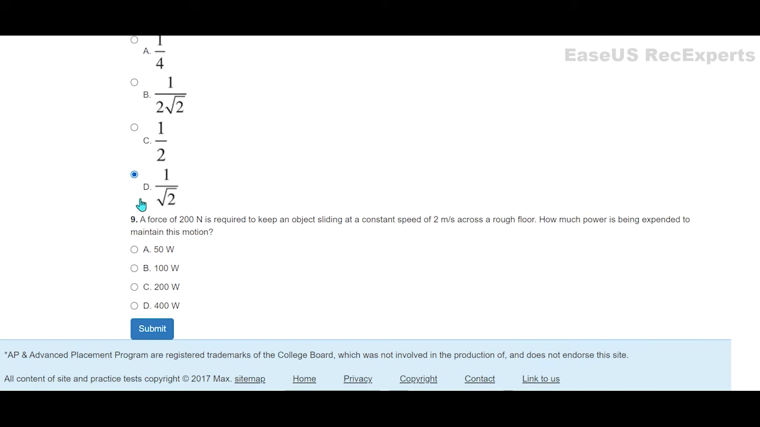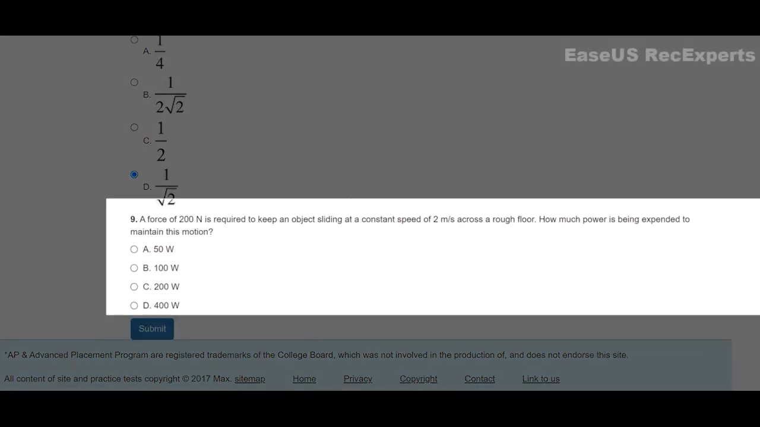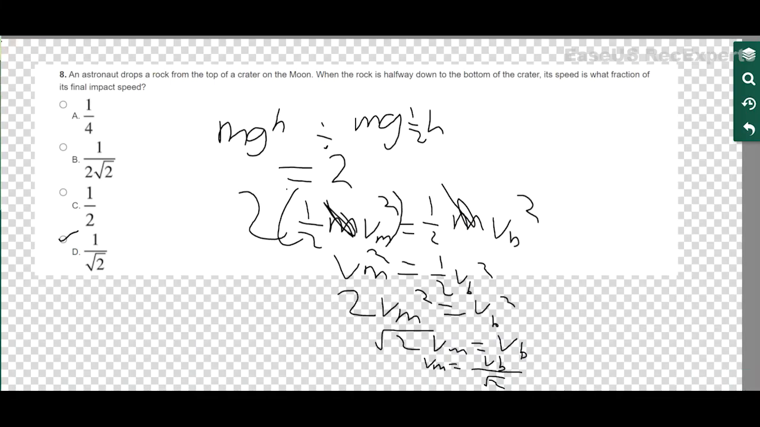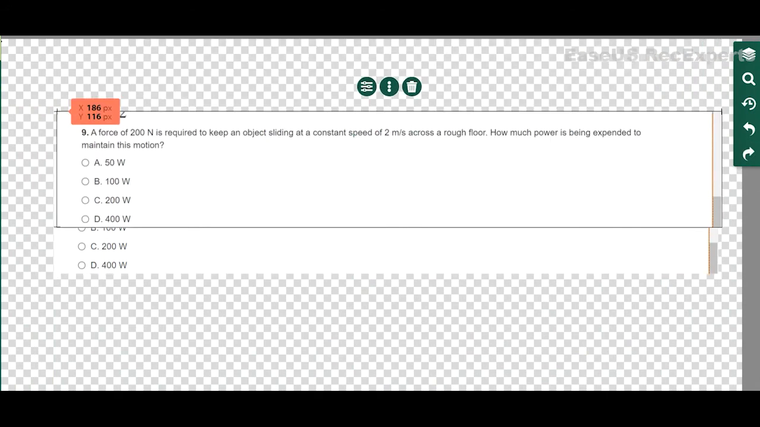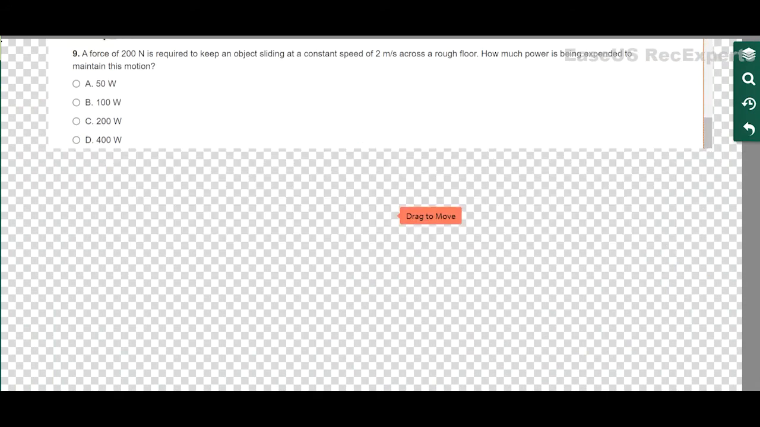Now, a force of 200 newtons is required to keep an object from sliding at a constant speed of 2 meters per second across the floor, and how much power is being expended to maintain this motion? All right, so